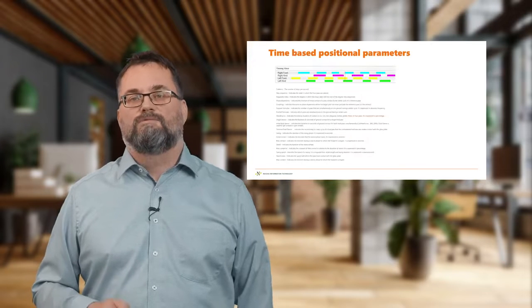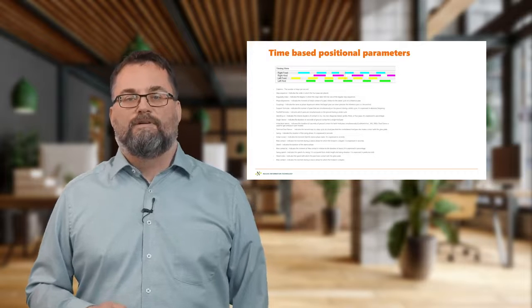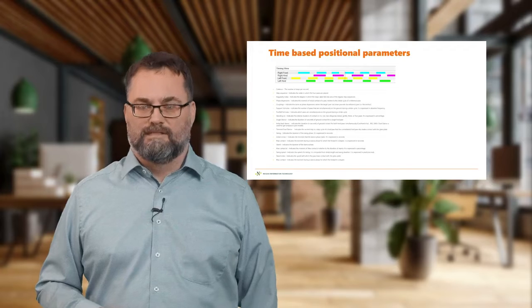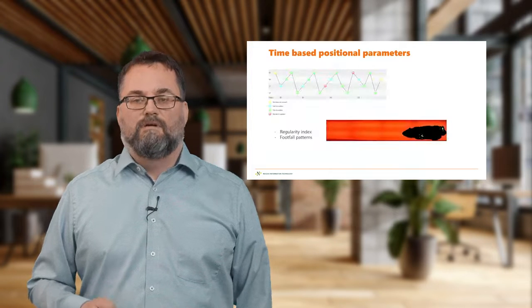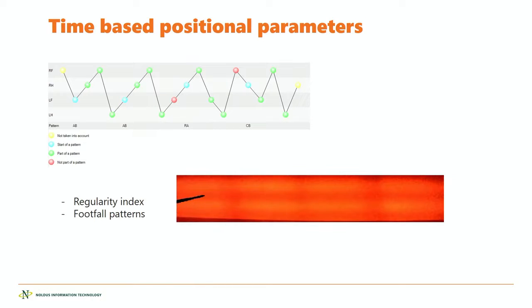But most importantly, because we have a high-speed camera underneath the glass plate, we can also have a very fine temporal relationship between the paws. So not only what is the distance between the hind paws, but what was the exact timing when they touched the glass plate and how long were they on the glass plate. And these give a very, very large amount of time-based positional parameters that allow you to, for instance, measure regularity index and changes in the gait patterns. And you see in this movie below, you see a rat. It's very difficult to see that there's something changing in the footfall patterns, but